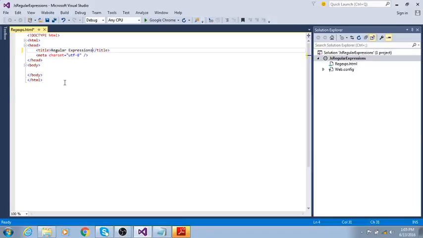Okay. So, this is what head tag we had. Now, let us try to form one regular expression within the script. I should go with a script tag. Script followed by type is text/javascript. Close it. Then inside this I declare a variable called